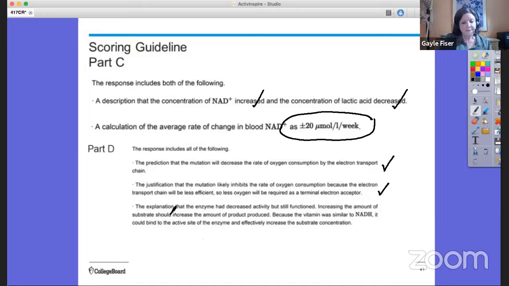Increasing the amount of substrate should increase the amount of product produced. Because the vitamin was similar to NADH, it could bind to the active site and increase the substrate concentration. How about that? All right, so let's look at this time,